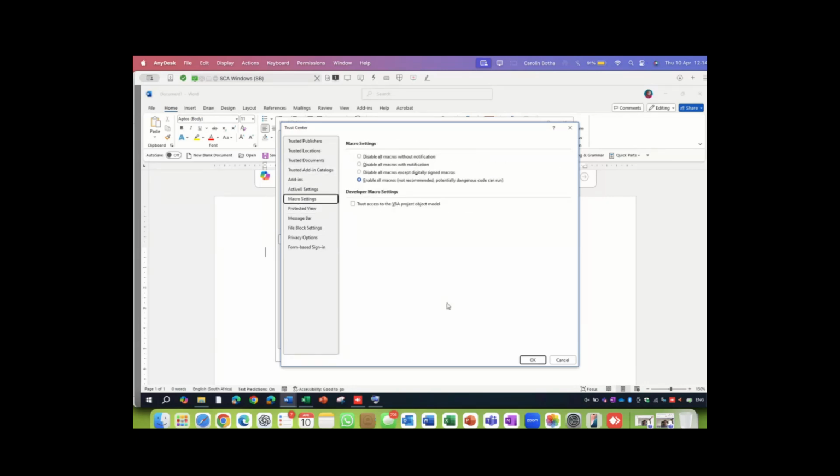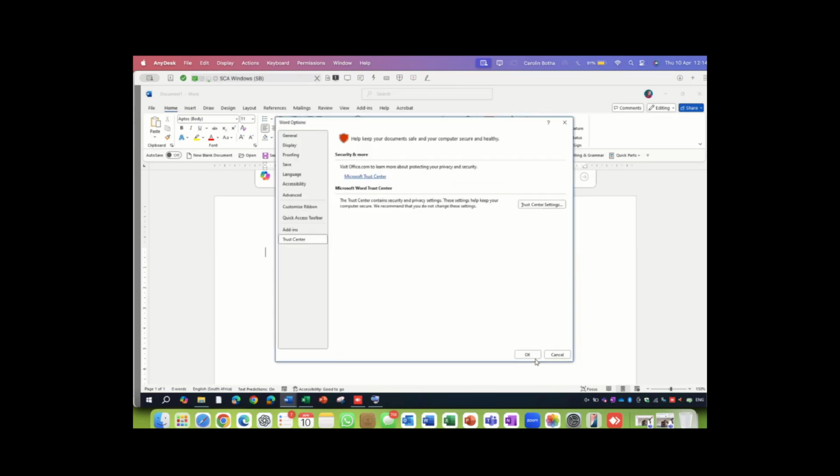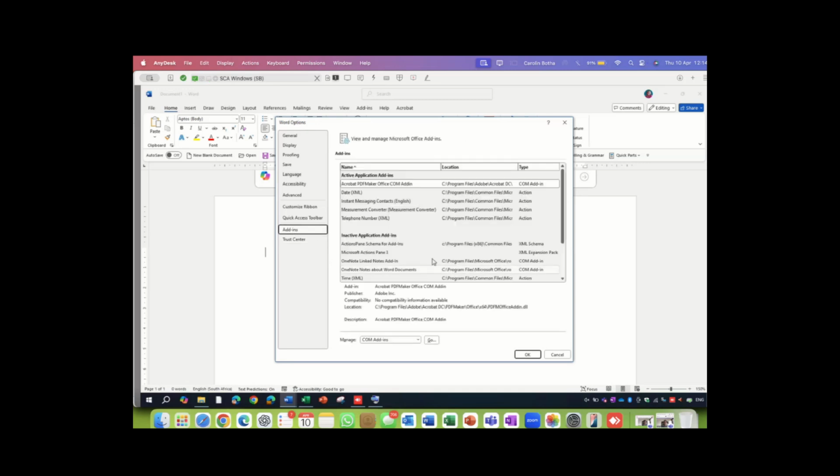But please, please, please go and check that with your IT guys. That is my suggestion. Enable everything, switch off all the protection of that particular document. But be aware, if you have security software in place, it will also prevent you or help you from opening things that are not legit. Disclaimer, I'm not saying you have to do that. I'm suggesting that, but you have to test it with your IT person. Please do that. If there are some IT people on the line, I think there are, I really have to say that to you.